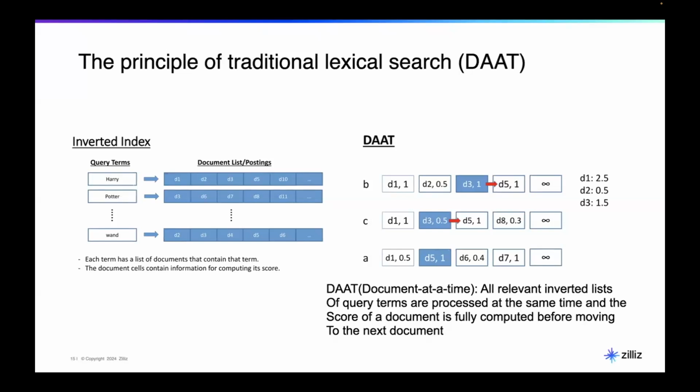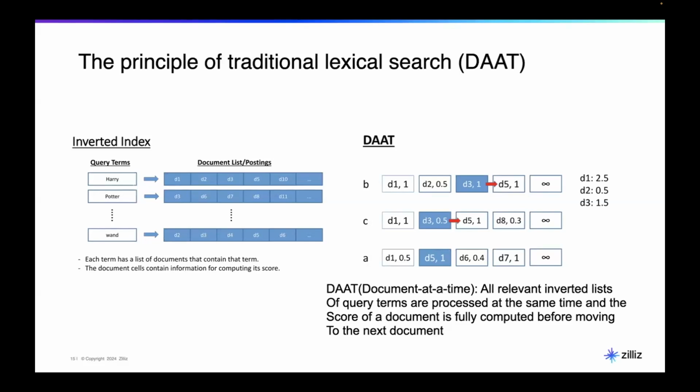When a search happens, the easiest approach is called DAAT, short for document at a time. For example, when I search for BCA, in my use case B, C, and A are just different tokens. I start from B, and say okay, D1 is related. Then I go to C, D1 is related as well, so I add up all the scores here. And A is also related to D1, right? So D1 gets a score of 2.5. That's the relevancy, the BM25 score we talked about, right?